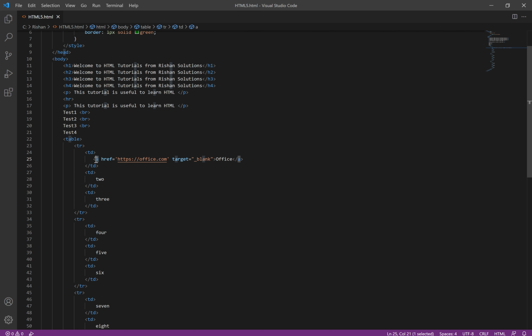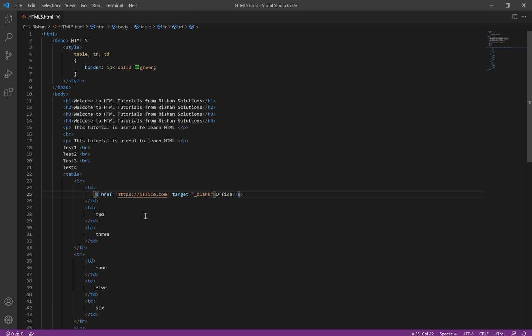For example, this is an anchor element, and inside that we have an href, and this href we call an attribute, and this target is also an attribute of this element tag. So like this we have different types of elements, and we even have nested elements. Now this is an HTML element. Inside that we have a nested head element, under that we have a nested style element. The same way we have a table element, and inside that we have a tr as a nested element,